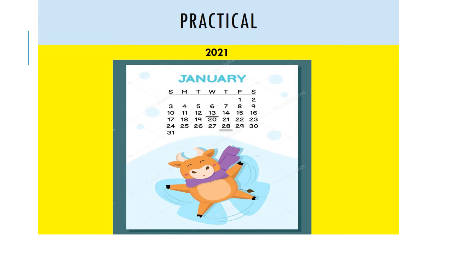Starting from 1 till 31 I have arranged the days sequence-wise. Now you can calculate that if it is 13th of January, which is a Wednesday, then just after 2 weeks, which is a period of 14 days, will be the next Wednesday. You can check from here: 1 2 3 4 5 6 7 8 9 10 11 12 13 14. Just after 14 days we have 27th of January, which is a Wednesday, and then the 15th day is 28th of January, which is a Thursday, which we have already found out through a very simple method.